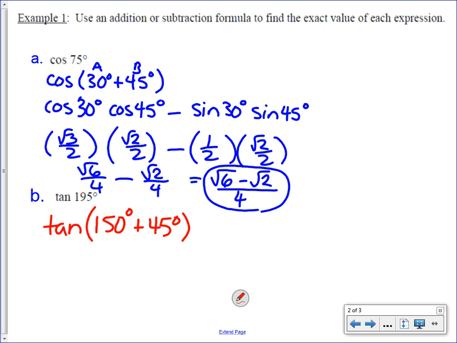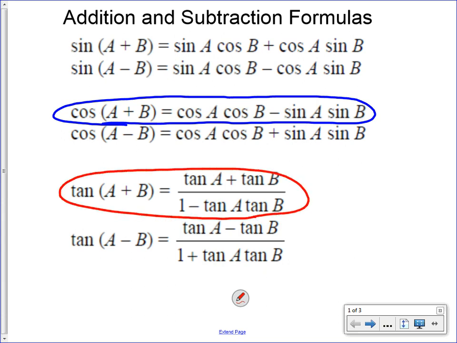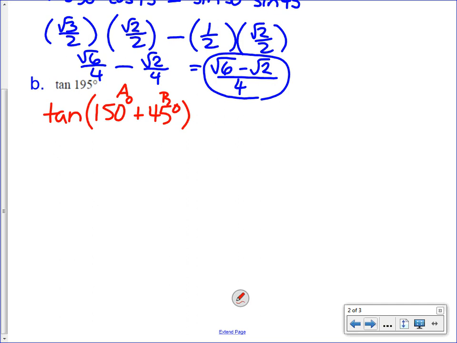Okay, so essentially this is tangent of A plus tangent of B. So let's go back to our formulas. We're going to be using this formula, tangent of A plus B, since we're adding 150 and 45. And then we're just going to plug into that formula where 150 is A and 45 is B. Okay, so we're going to get tangent of 150 degrees